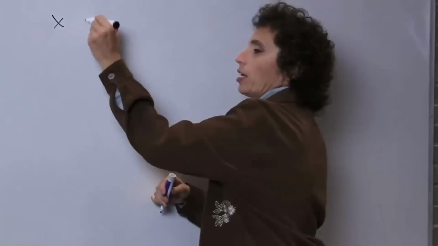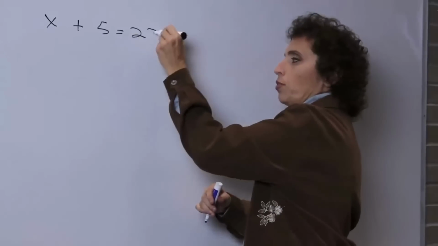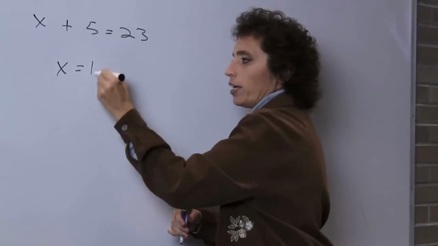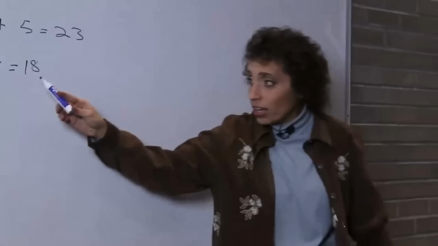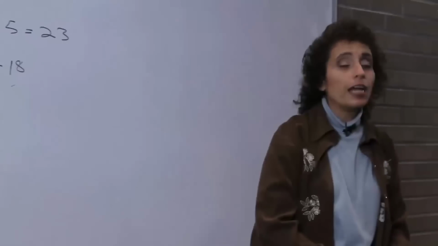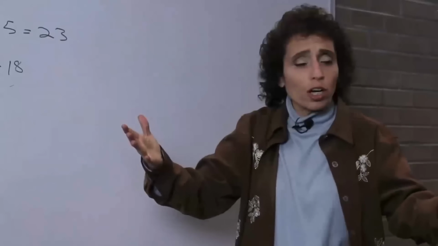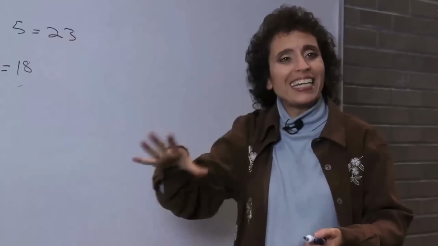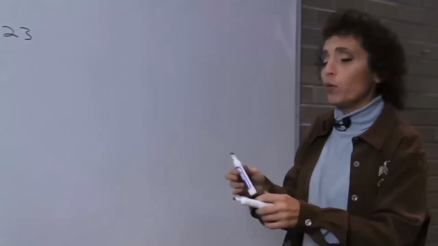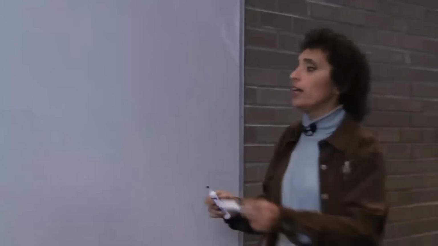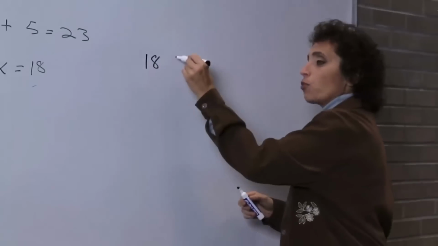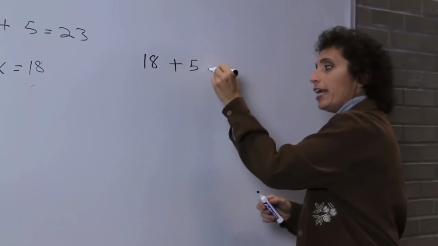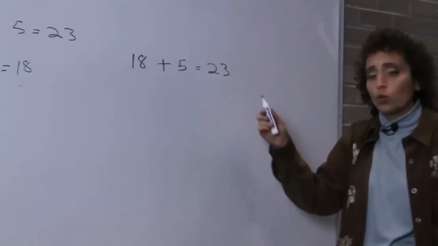Okay, the equation was x plus 5 equals 23, and the answer was 18. You cannot take this and plug it into there, and here's why. You wrote that equation. You might have written the wrong equation, and your answer might solve your equation, but it might not solve the words. Remember what the words said. The words said a number increased by 5 is 23. That's what the words say.